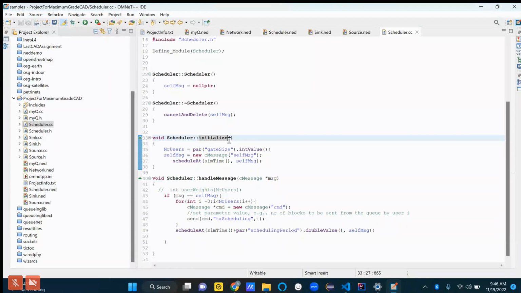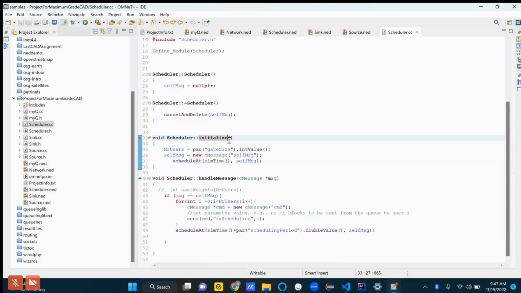Right. So we've talked about that send function in a slightly different context, I think, because basically the command is the message part. Well, that's maybe pretty obvious. The txScheduling thing is the gate, or yes, the link or the gate that we're going to use in the scheduler, right? So txScheduling is that thing that corresponds to scheduler. In the scheduler.ned file, we have that output gate called txScheduling.